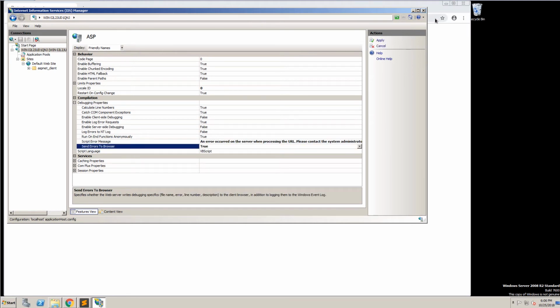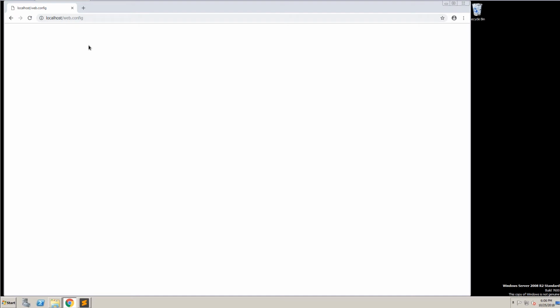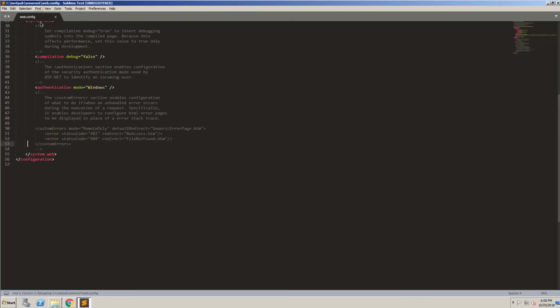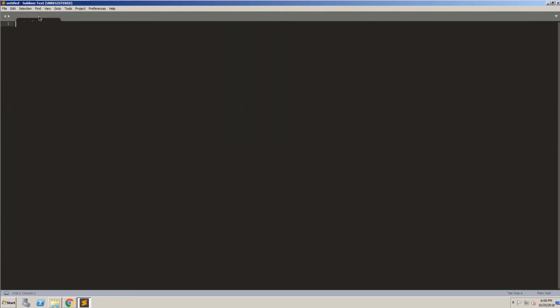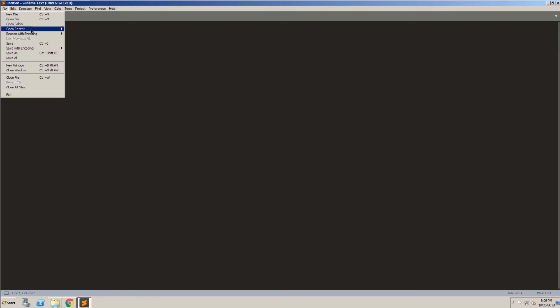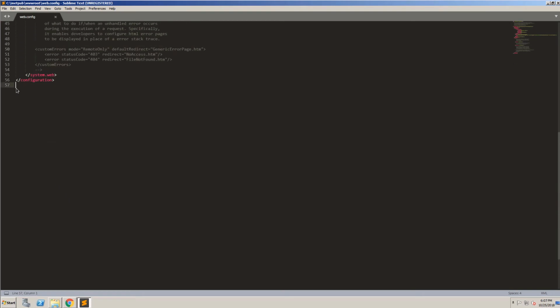Set that to true. And so now we should be able to actually see specific errors instead of just getting that generic error. Let me reopen it just in case it actually made changes in there. Which it did. So now if we add this back at the bottom,